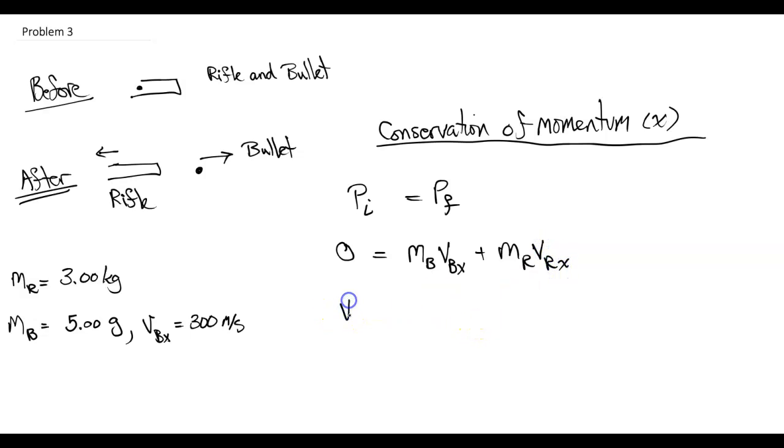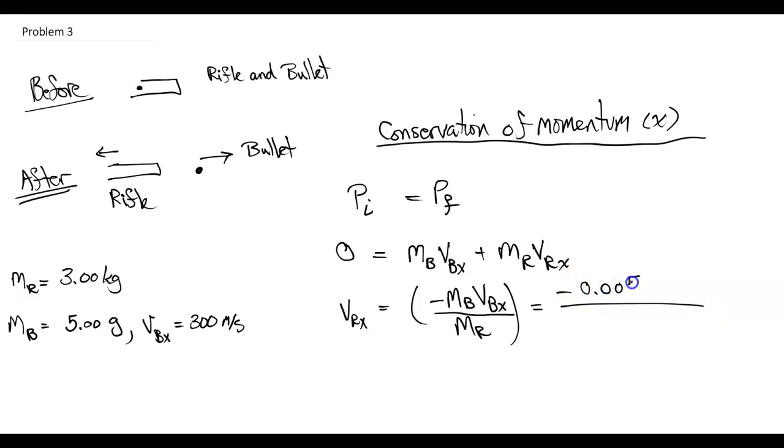So we can say that the velocity of the rifle in the x direction is equal to minus the mass of the bullet times the velocity of the bullet in the x direction divided by the mass of the rifle, and this gives us minus the bullet is 5 grams, so 0.005 kilograms,